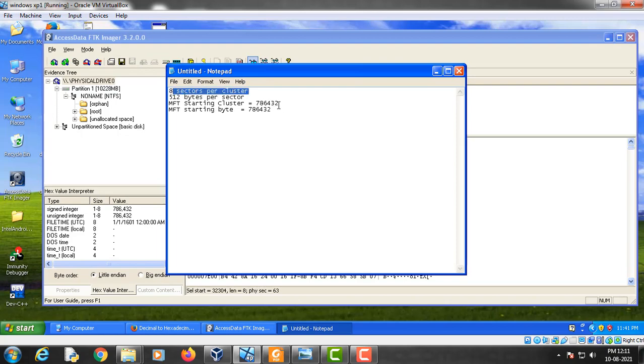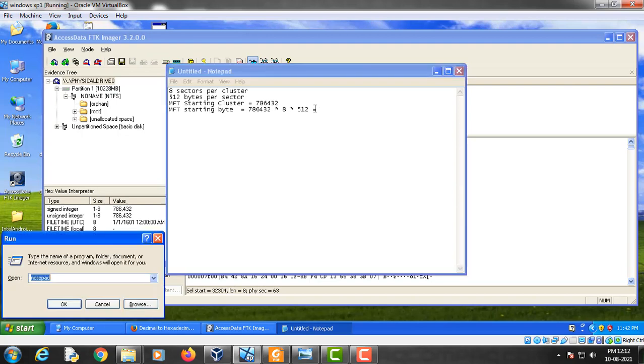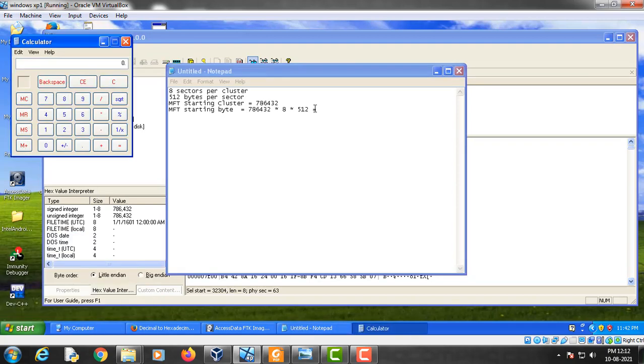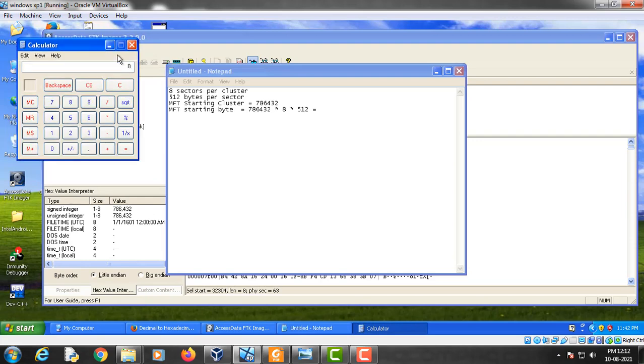So this is the cluster number, and there are 8 sectors per cluster, so we will multiply it by 8, and there are 512 bytes per sector. We will multiply it by 512, and let's see its value. Let's calculate this.